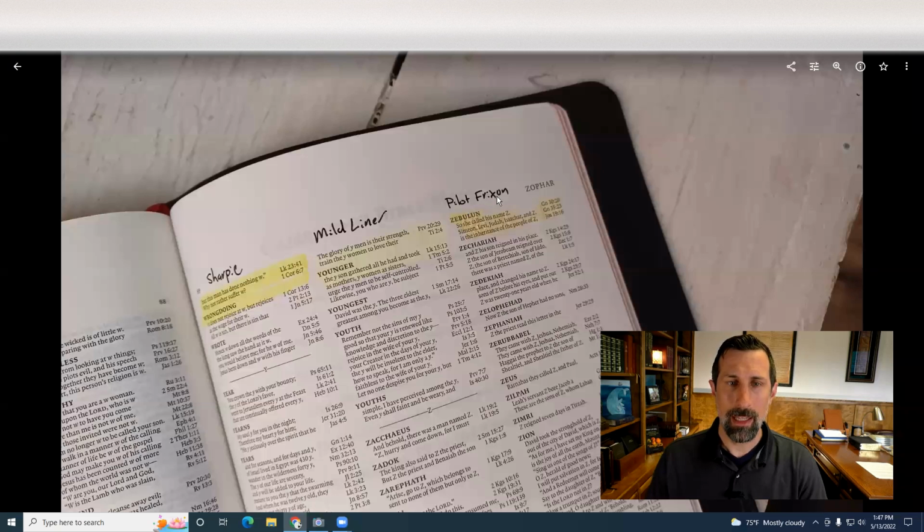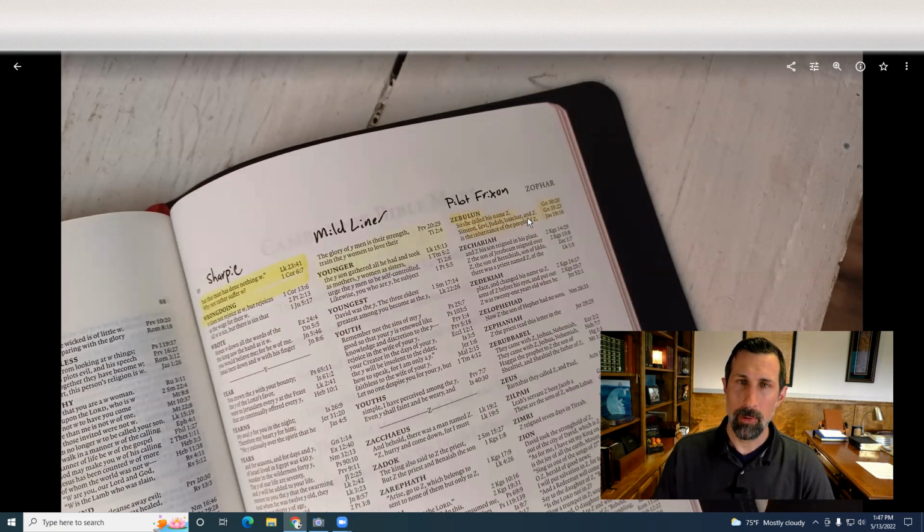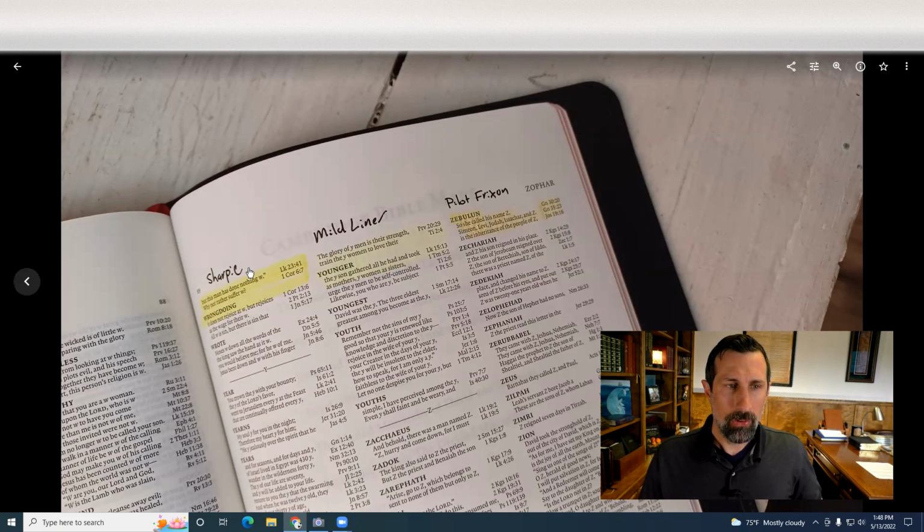And then I used the Pilot Frixion highlighter over here, which you have to remember, because it's an erasable highlighter, will disappear in the sunlight. I didn't think that was true, but it turns out to be true. It will actually disappear if you leave it out in the sunlight, okay? So I wanted to do a little bit of a test, and you can see that the Sharpie is the brightest. It looks like the Pilot Frixion is second, and that the Mildliner lives up to its name